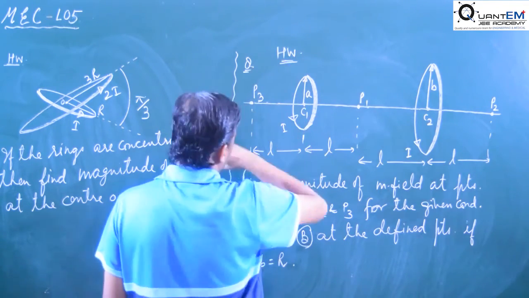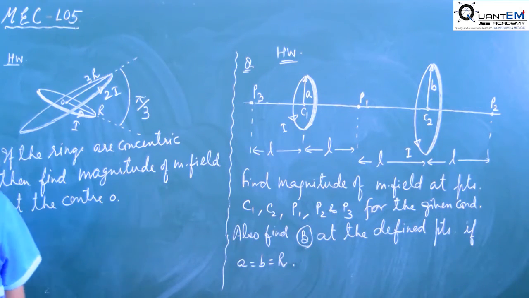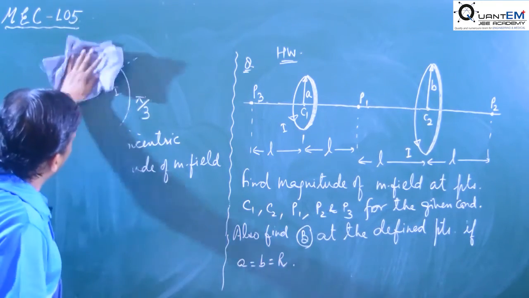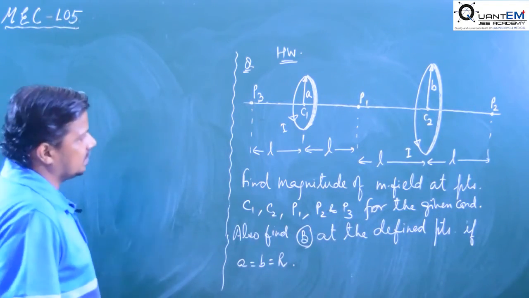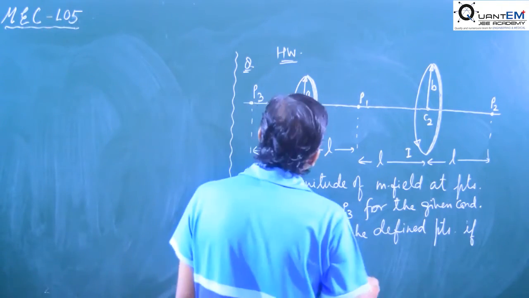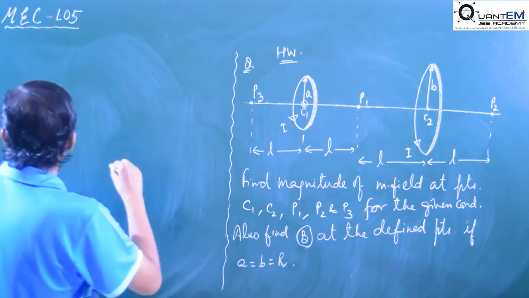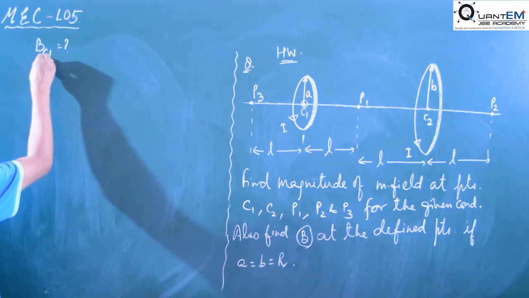This question is also for homework, but we take the solution of only one part of the question. We have to find the magnetic field intensity at the center of the first ring. Okay,